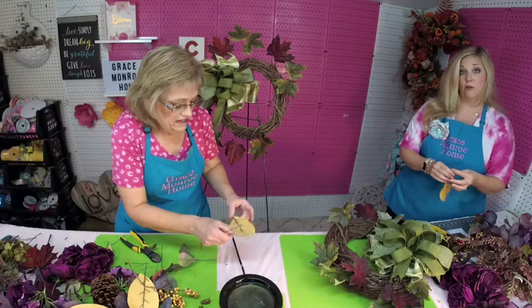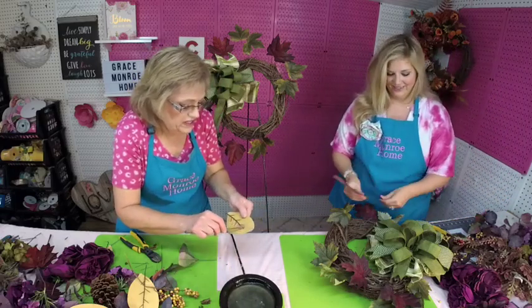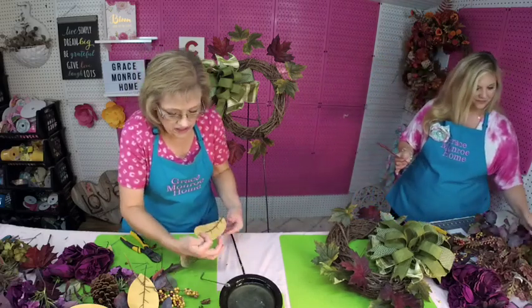And these are just magnolia leaves. They're just fall magnolia leaves, and they're just so pretty. So I'm just going to put a little glue there just to make sure that they stay on. I'm going to let those...